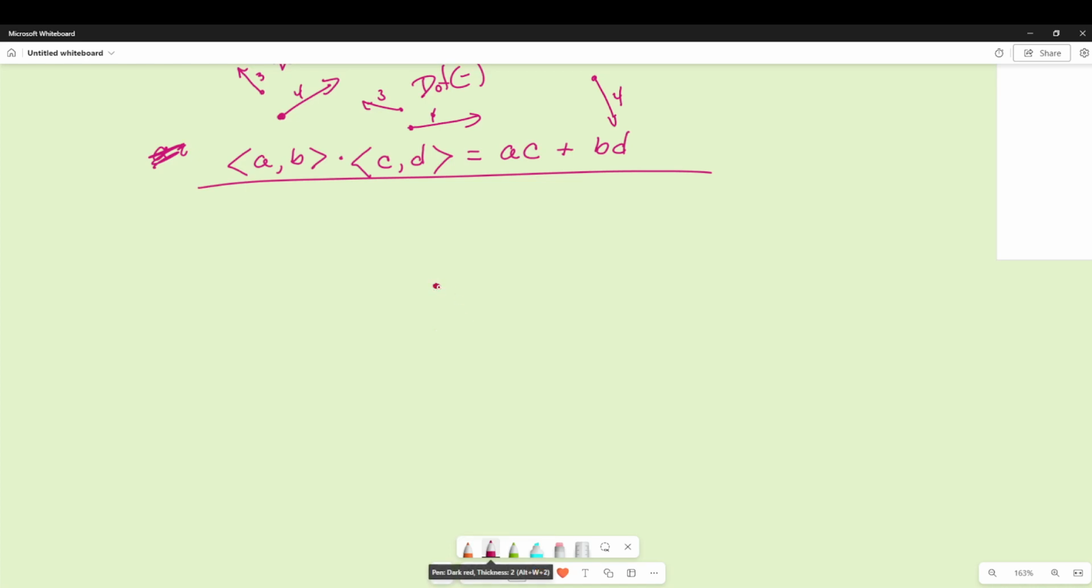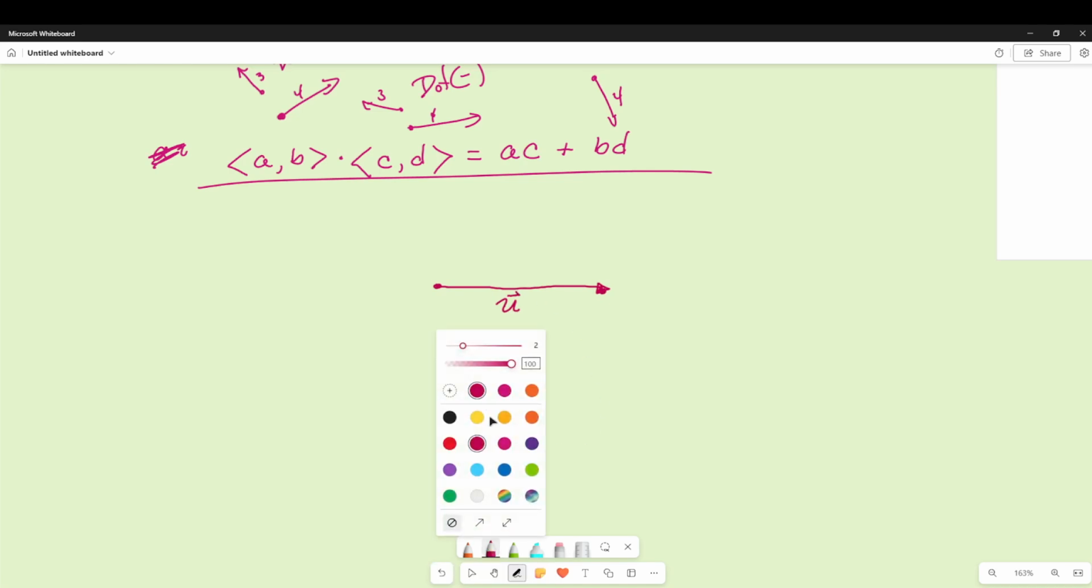But if you think about that angle argument that I was making before, if this is our vector u, and we have another vector v,